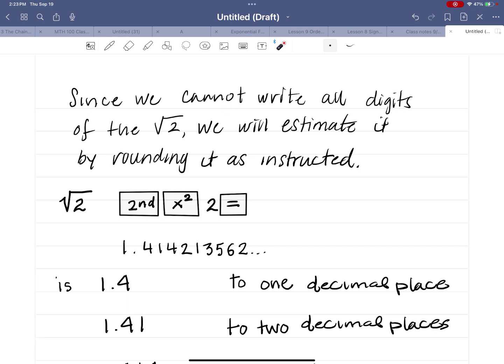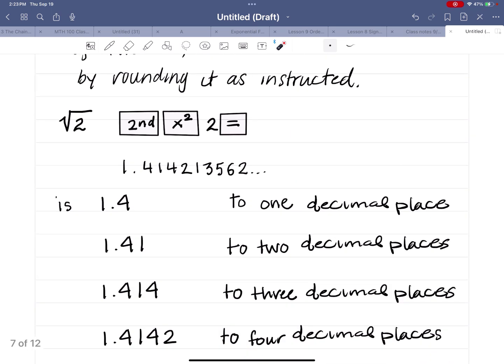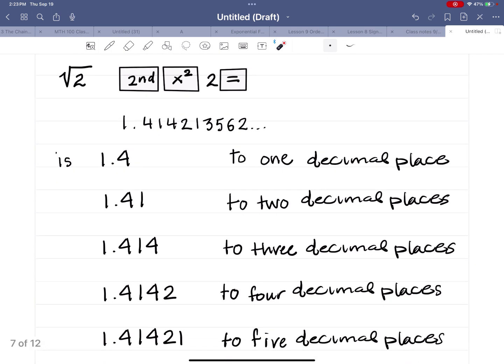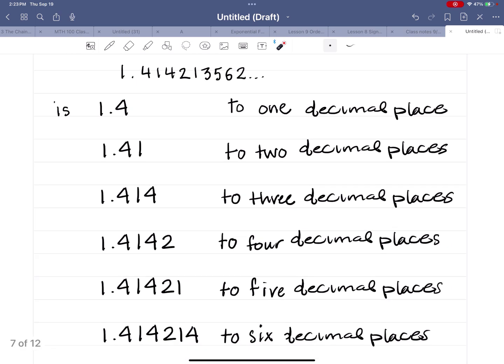Since we cannot write all digits of the square root of 2, we will estimate it by rounding it as we are instructed. So to do the square root of 2, we press second x squared 2 equals, we get the decimal, and we round it. To 1 decimal point it is 1.4, to 2 it is 1.41, to 3 it is 1.414, to 4 decimal places it's 1.4142,